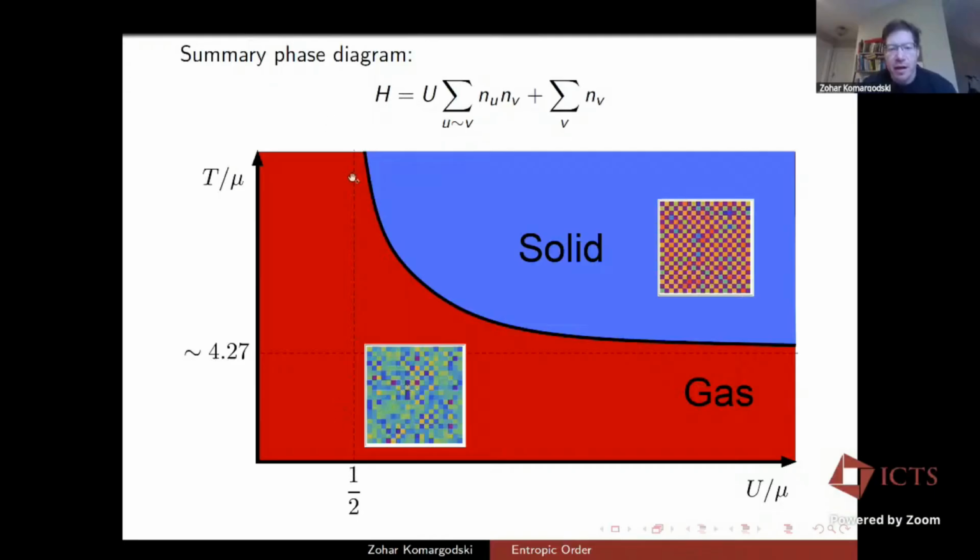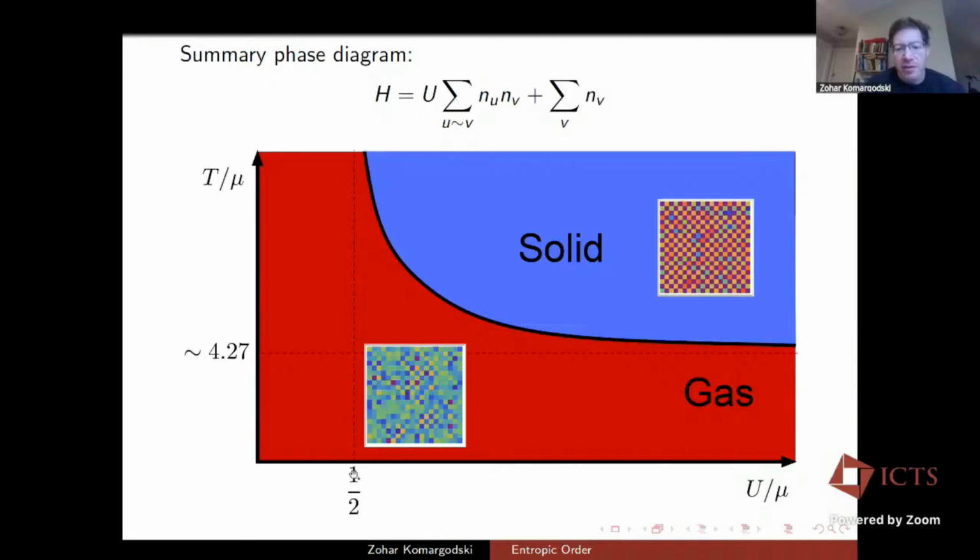If U is smaller than a half, this is the phase that appears at any temperature. But if U is bigger than a half, we believe this black line asymptotes to a half. We spent probably half a year trying to prove mathematically that a half is a critical point of this model. We now have maybe the beginning of an argument, but not a proof. It's still an open question, but we see it numerically.